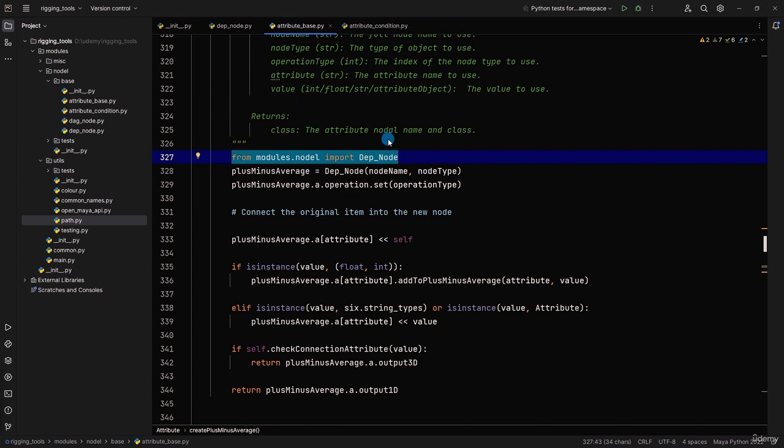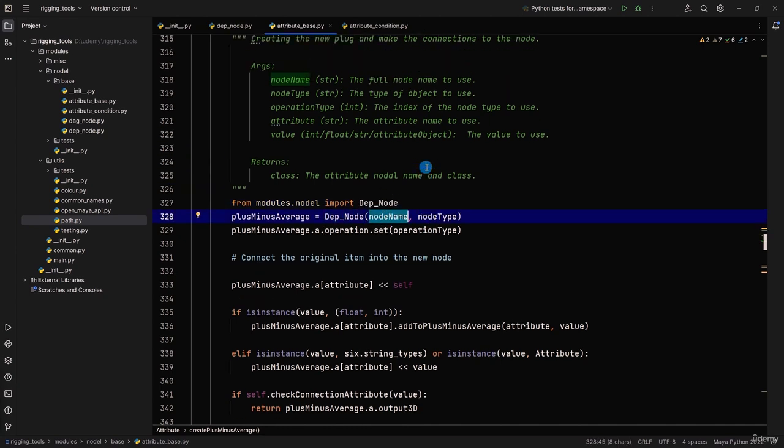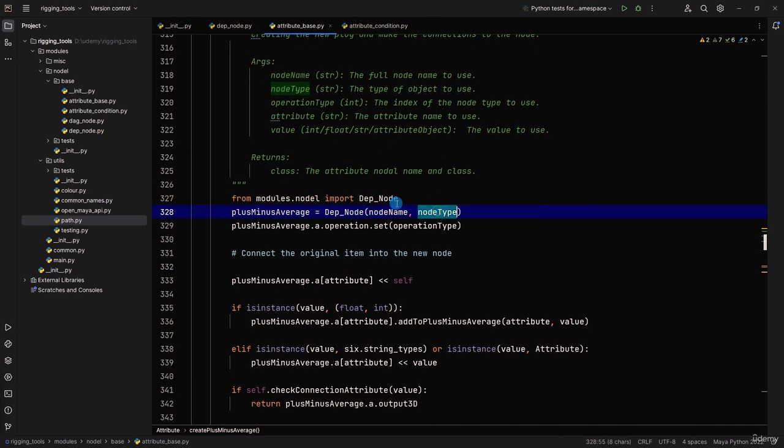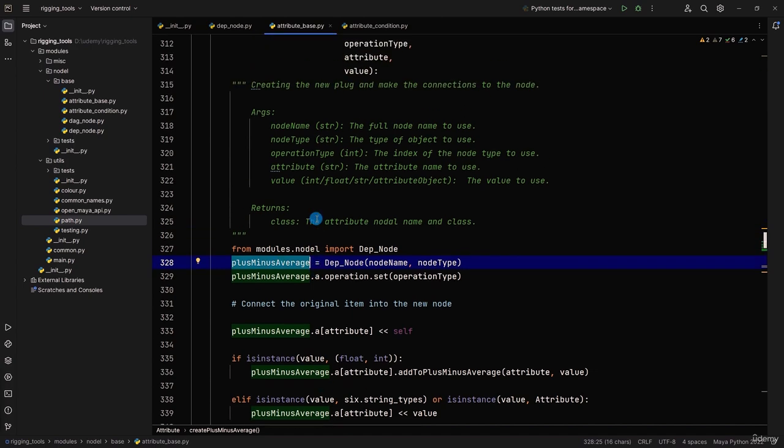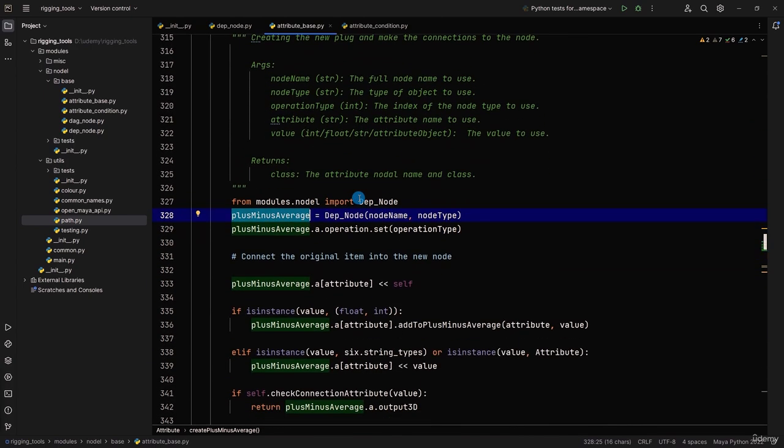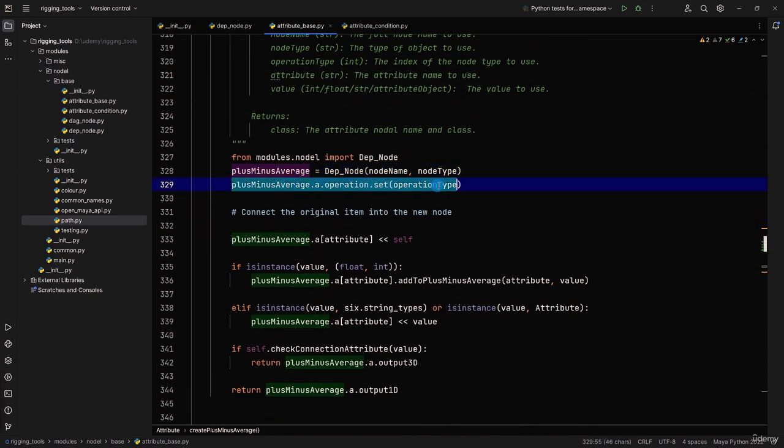So you'll get, again, an import error. But what we are going to then do is use our dep node here to use our node name, which was passed, and our node type to create a plus minus average node. Okay. And then we are going to set the operation here using the node, the attribute connection, operation, and set